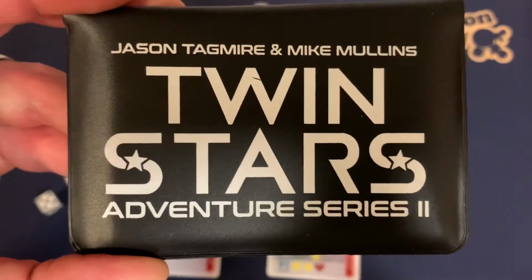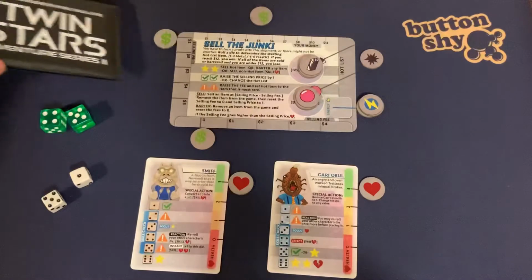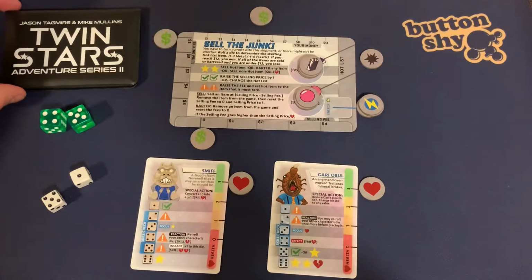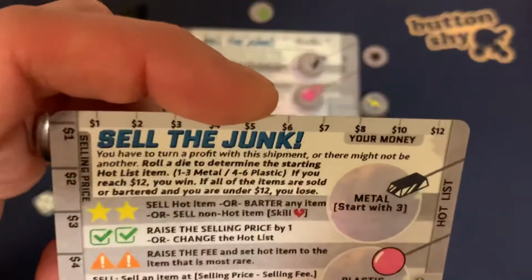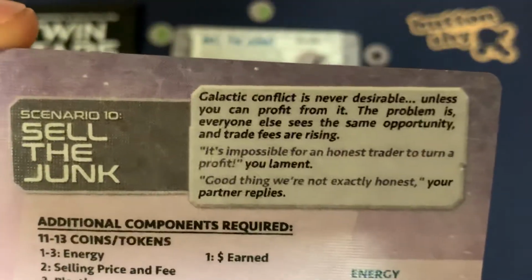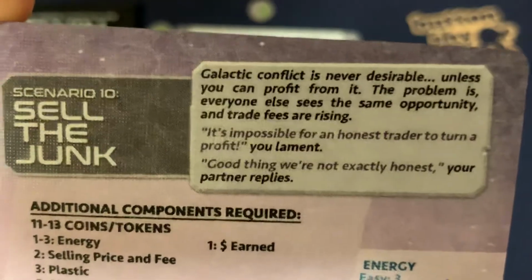This is by Jason Tagmar and Mike Mullins. This is for one of the scenarios that comes with Twin Stars Series 2. It comes with 6 scenarios in total, but at this time we're going to be playing the scenario Sell the Junk. Okay, so let's have a quick read of the context for this Sell the Junk